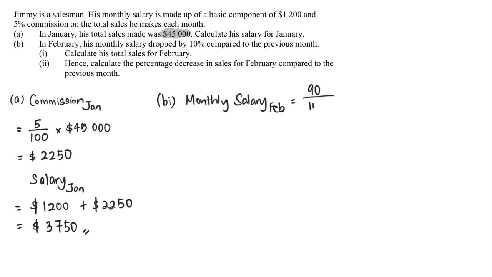Why 90? Drop by 10% means minus 10%, and this is of the previous month salary. This will give me a value of 3,375, and out of which